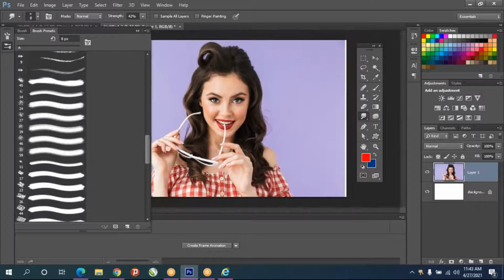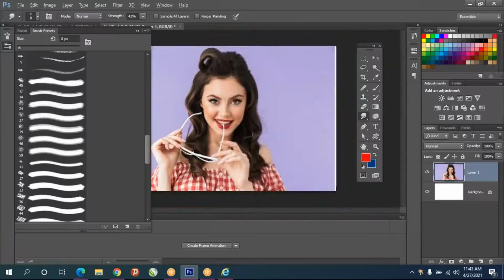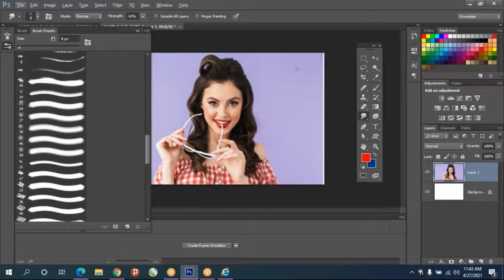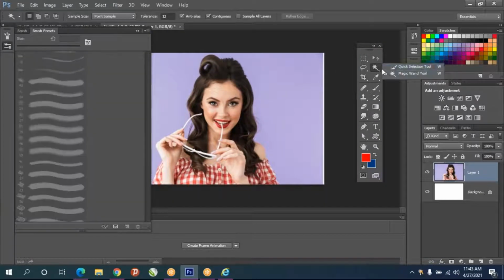Like this, you have to do for every place. Then you can select the image and duplicate.